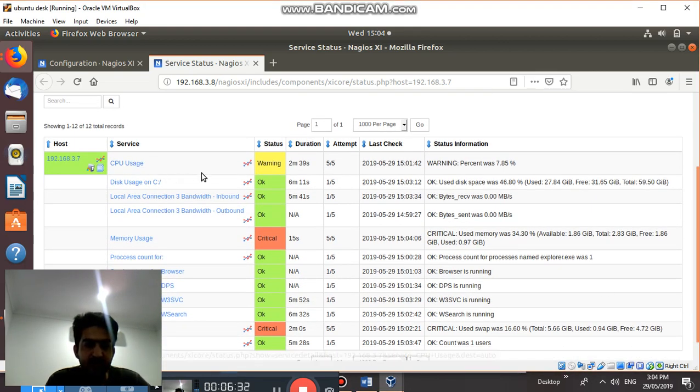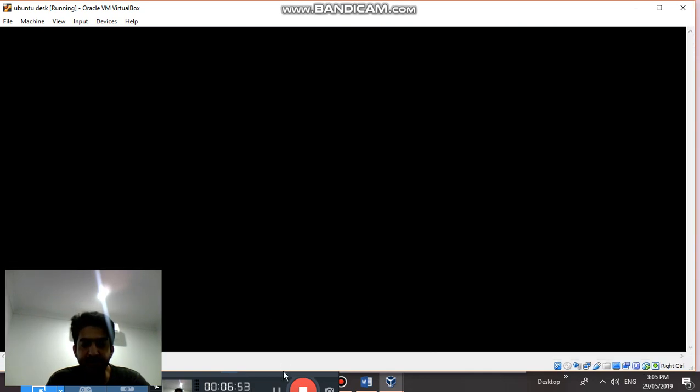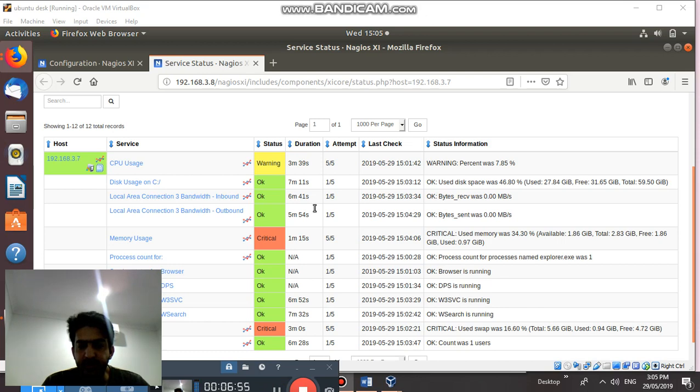Our CPU usage was first up, and in here it is showing warning. The percentage was 7.85%. It keeps varying as every minute passes. It was 9 before, it was 3 before, it is 7.85 at the moment. So it's showing warning. If it goes above that, I think it should be fine. And then we have got the disk usage. Disk usage is fine, it is perfectly okay. It is showing it is using 46% of the disk,